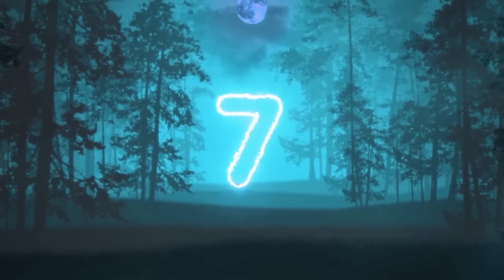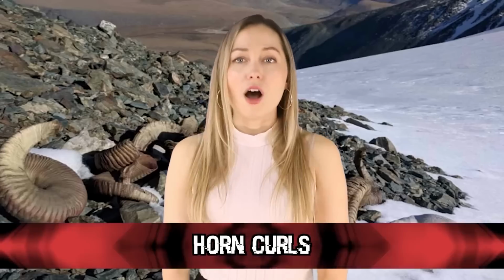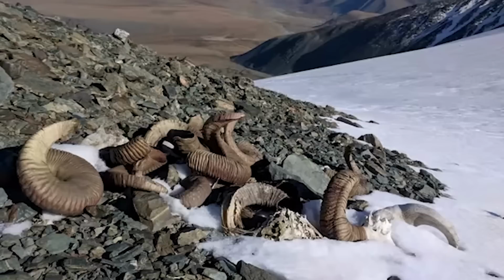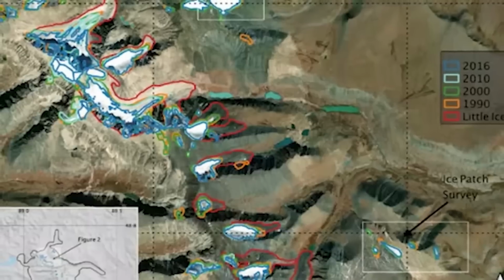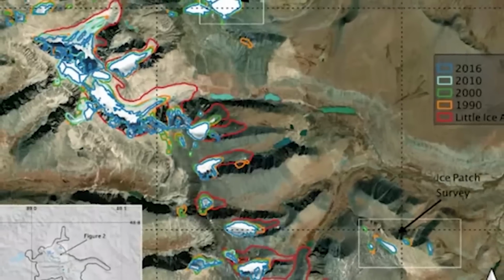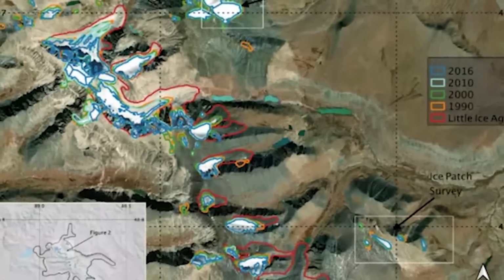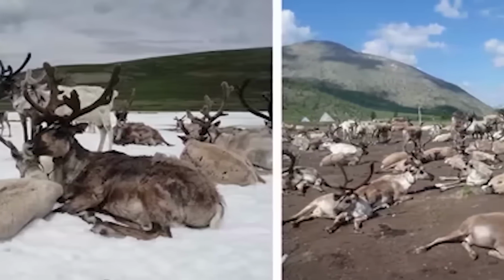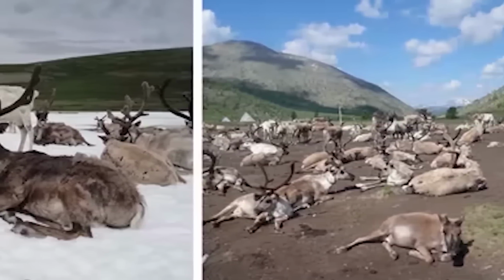In our number 7 spot, we have horn curls. On this same trip, looking for more artifacts, Isaac Hart found some Argali sheep skulls and horn curls from 1,500 years ago, which were stacked in a pile by ancient hunters, and this finding completely discounted some old assumptions about the Mongolian people in the past. They were long thought to be herding societies, but these findings show that perhaps they were big hunters on mountain